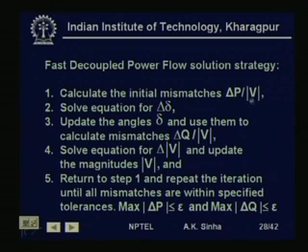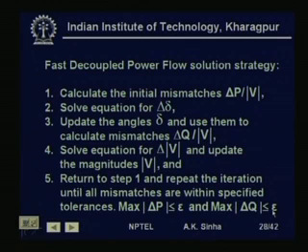solve for delta delta, update the angles delta and use them to calculate mismatches del Q by V, solve the equation for delta V and update the magnitudes of V, and return to step 1 and repeat the iteration until all mismatches are within specified tolerances. That is, maximum delta P is less than some tolerance value that we have, and maximum delta Q is less